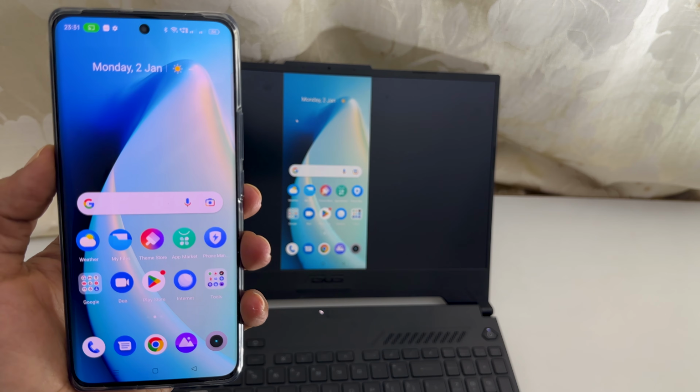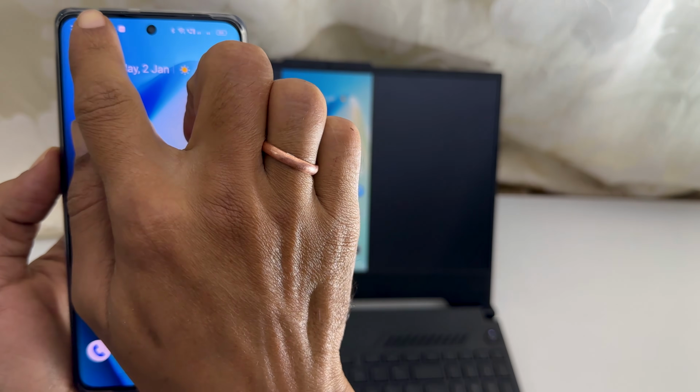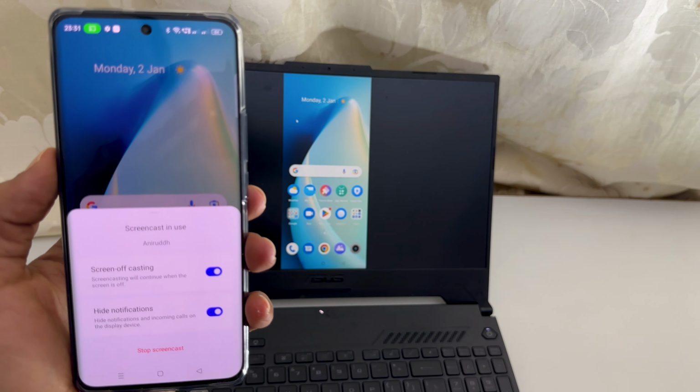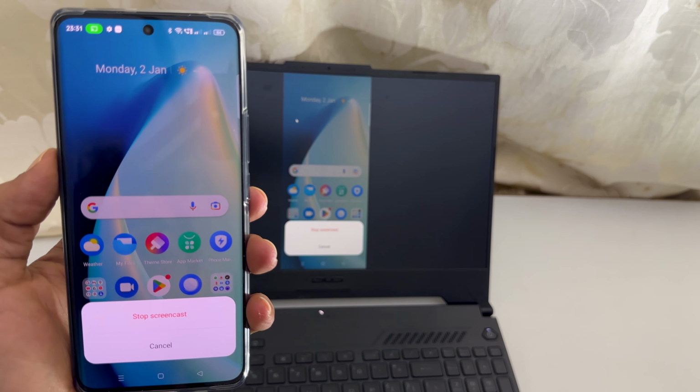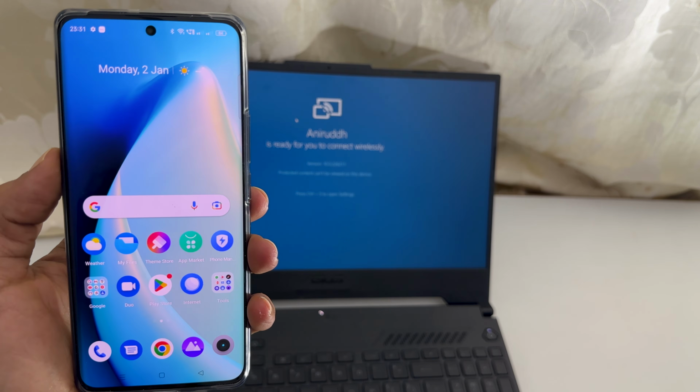To stop screen mirroring, tap the screen icon. Then stop the screencast. That's it for this video on how to wirelessly mirror Realme 10 Pro Plus screen to